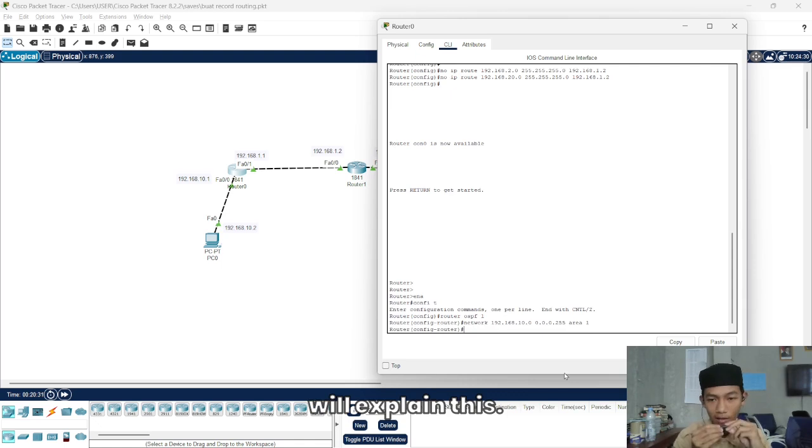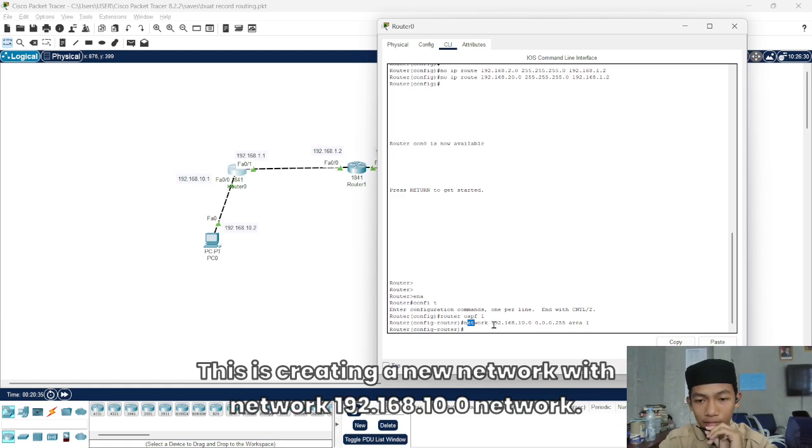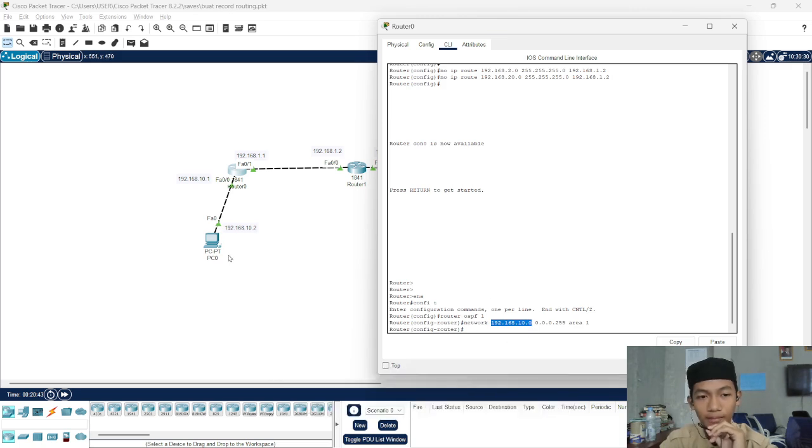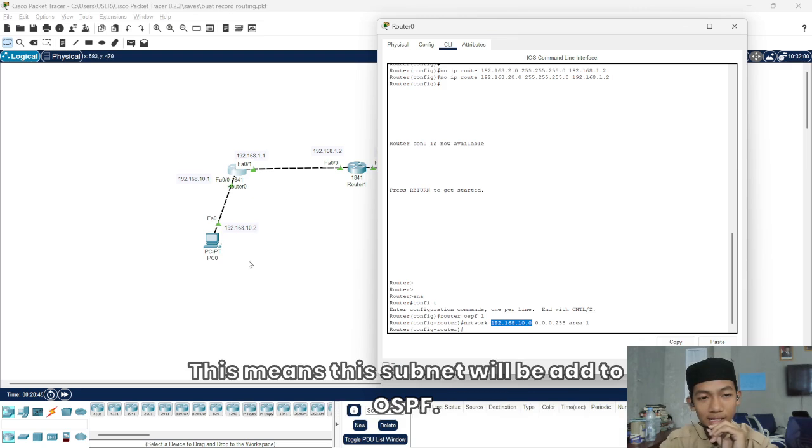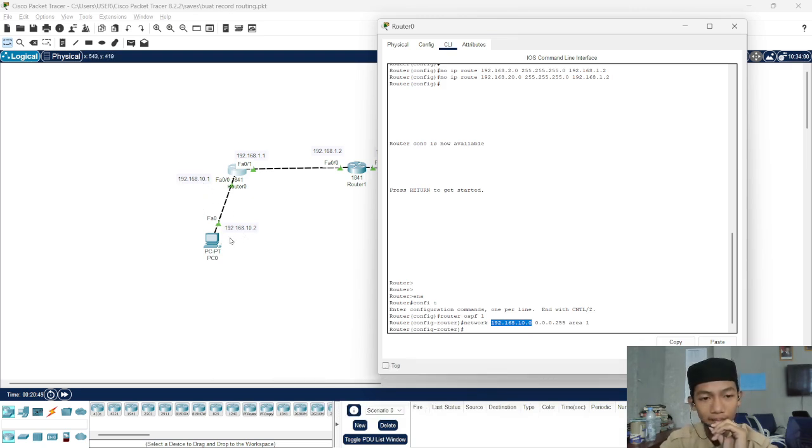Okay, I will explain this. This is adding a network, the 192.168.10.0 network. This means this subnet will be added to OSPF, the subnet that connects PC1 and router 1.